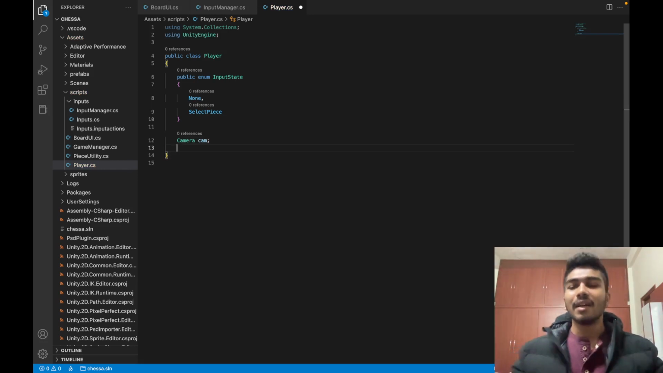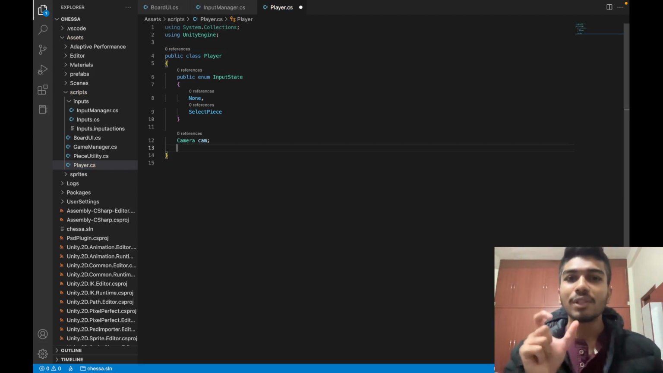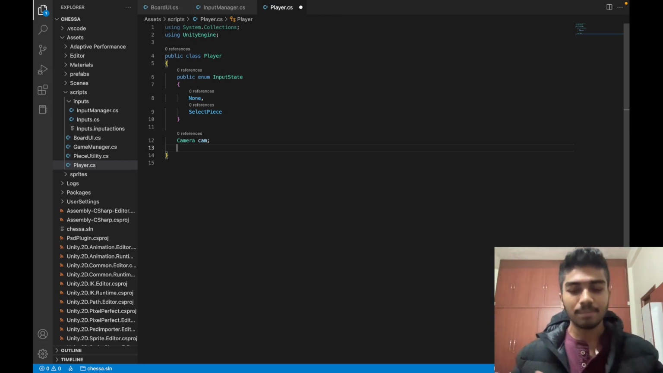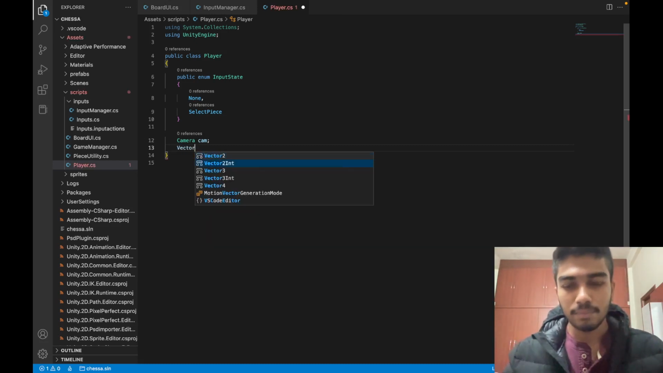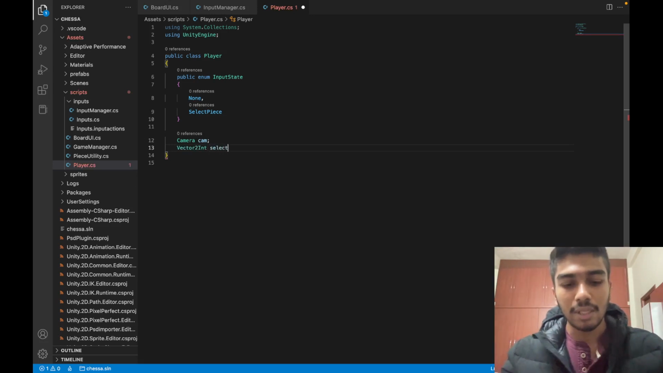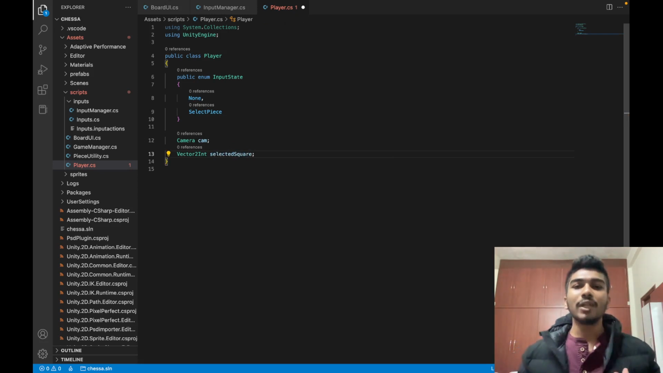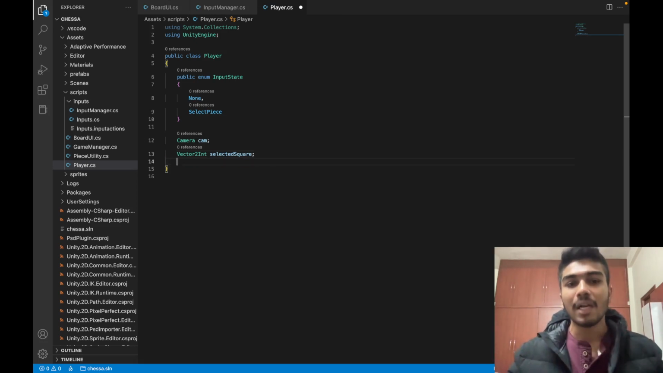Then we need a reference to the square which has been selected. So vector to int selected square. This is a vector to int because it's going to store the file and rank of the square, so we know what square we have selected. And one more,